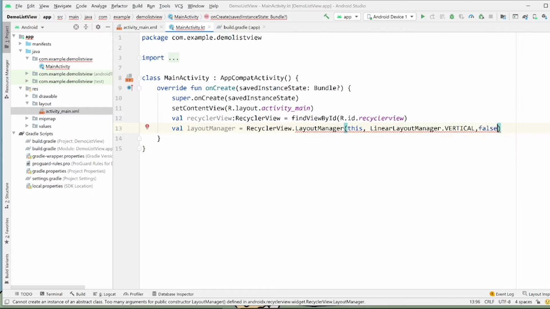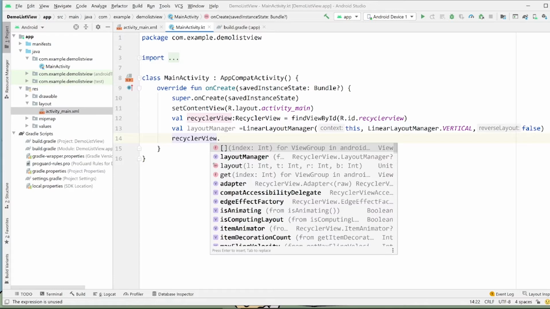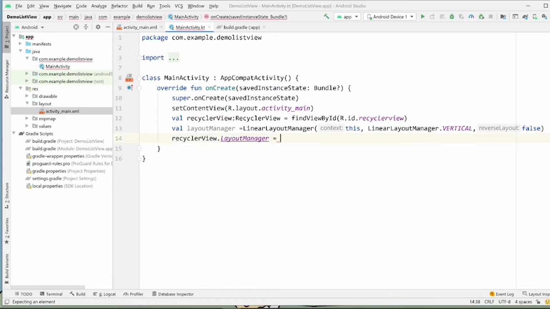And the last one is whether you want the RecyclerView to be reversed or not. In this case, I don't want it to be reversed. Reverse means whatever goes to the bottom of the list will appear at the top, but if you need it, you can make it too. Oh wait, the first part should also be a LinearLayoutManager. And then I'm going to pass this layout manager to the RecyclerView.